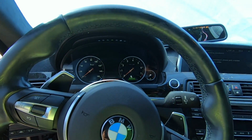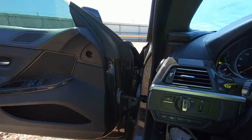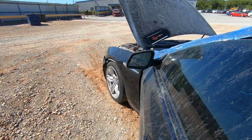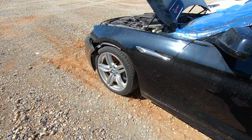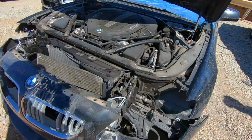I don't want to run it too long. I love this car. Unfortunately, I can't afford it at this point. But to me, this looks like it would be a relatively easy and inexpensive rebuild, especially since the headlights are